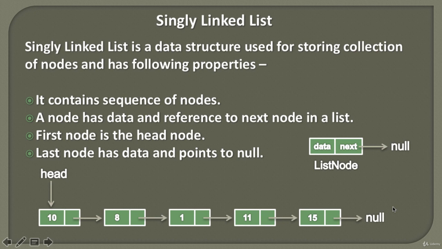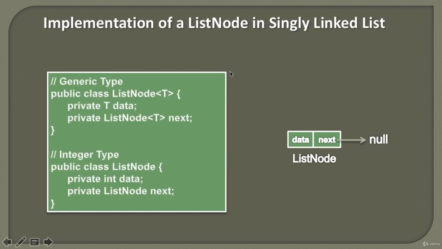So friends, this is all about the singly linked list. Now we will see the implementation of the list node in a singly linked list. In snippet 1 we can see the list node is holding data of generic type, and in snippet 2 below you can see that it is holding data of integer type. If you see the graphical representation of it, it looks something like this. The list node has data and a pointer to the next node in the list. Friends, in the upcoming tutorial we will be creating the list node with integer type data. You can also provide any generic type of data which you want.